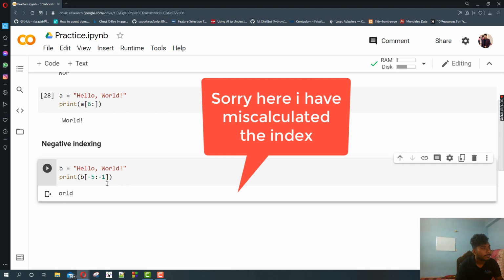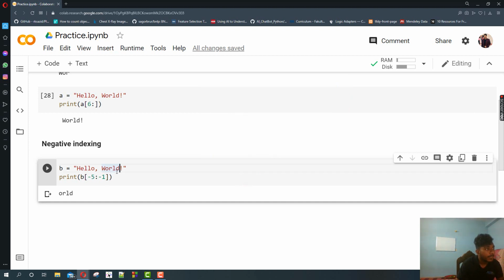Then the D will be automatically printed, because you see -1 is this symbol and this is -2. So our string will be printed from -5 to -2 actually, because -1 is not included. Understood? And if you want to print all of it, you can write it that way also. From -5 you have printed all of the letters. Understood?